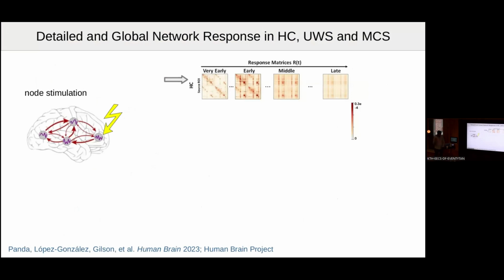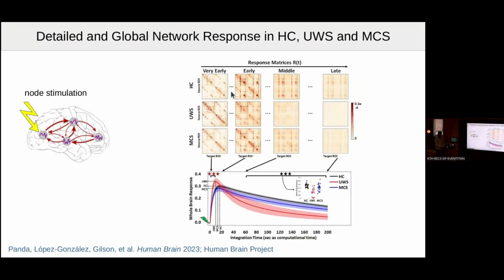So we use that for our 3 groups here: healthy control, UWS, and MCS. So looking at these matrices that you saw before, here that would be stimulating one node, here another node. And that's the result that we see for our 3 groups. So you can see here that for UWS, along this diagonal, you've got stronger values. So that's for the very early stage. But when you look at the late stage compared to the healthy control here, then you've got a decrease